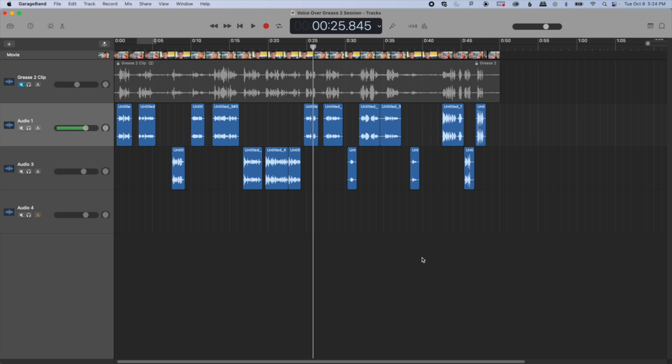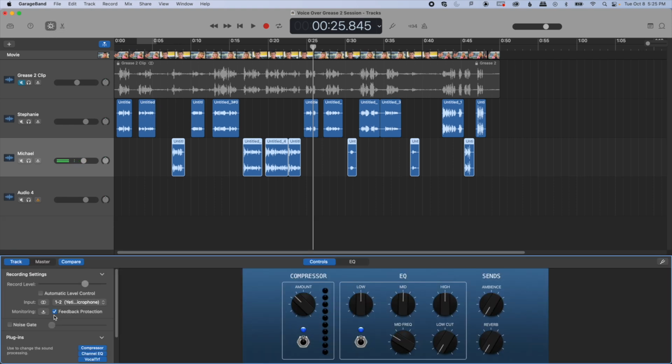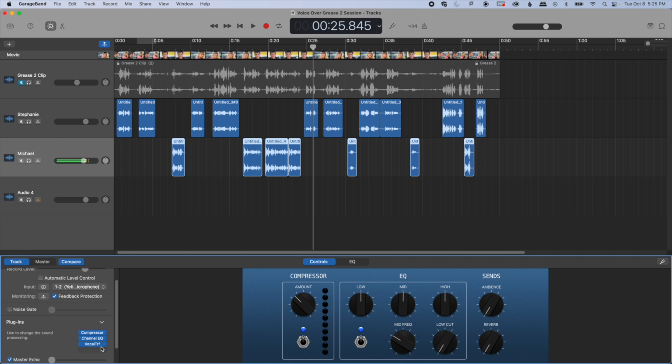You need to download it off the internet, and then you open a new session. You drag it into this gray section here, and it will open up. And then you go through the painstaking process of recording line by line all of the parts. I would maybe want to put here Stephanie, and this is my Michael track. So list the names in here, and then you go in to this editor here, you go into your plugins, you use Vocal Transformer, maybe you do a little bit of compression and EQ,